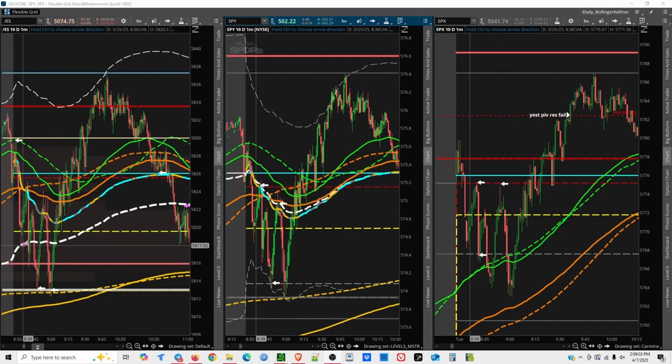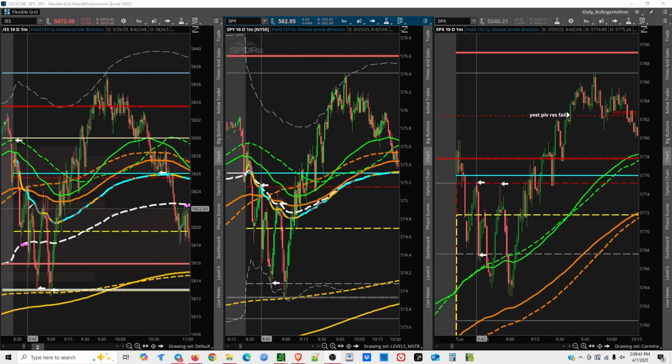It went down and touched VWAP, but look at the length of that wick right there. By virtue of the fact that it never closed down here means that the market was acknowledging that half gap was there and that it was important. And where did it bounce to? It bounced up to this combination area of the 200 EMA, the 200 SMA, orange dashed, and the intraday VWAP